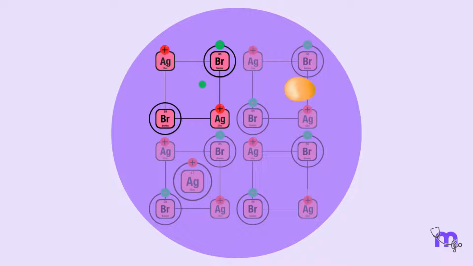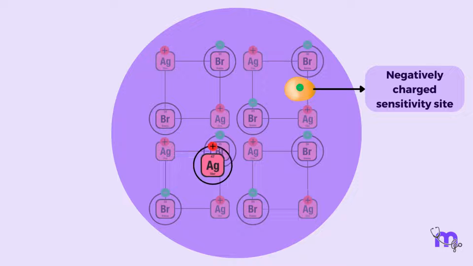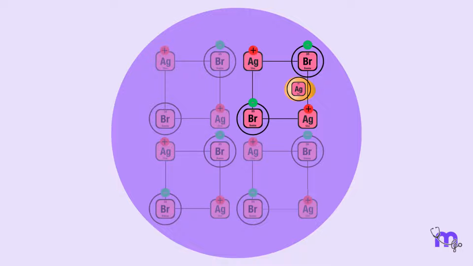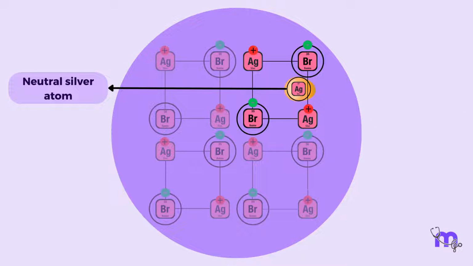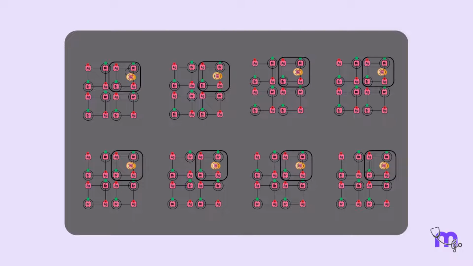These recoil electrons have sufficient kinetic energy to move about in the crystal and reach the sensitivity site, imparting a negative charge to it. The free-lying positively charged interstitial silver ions are then attracted to these negatively charged sensitivity sites and reduced to form neutral metallic silver atoms. Now, these sites are called latent image sites. The overall distribution of these sites in the film constitutes the latent image.